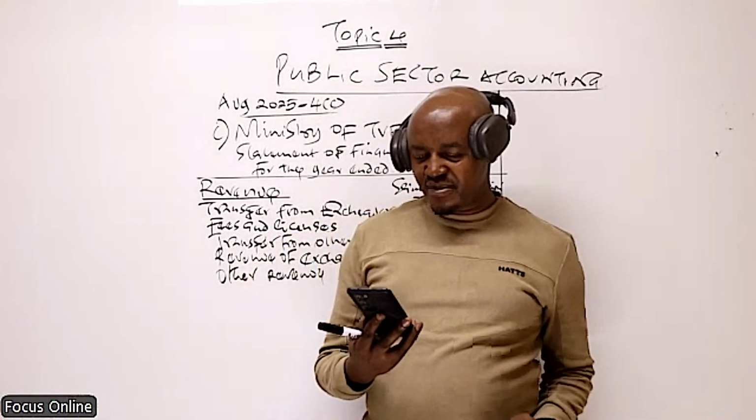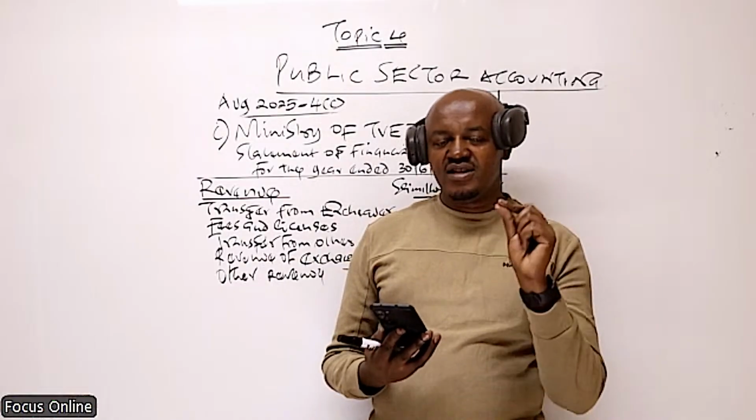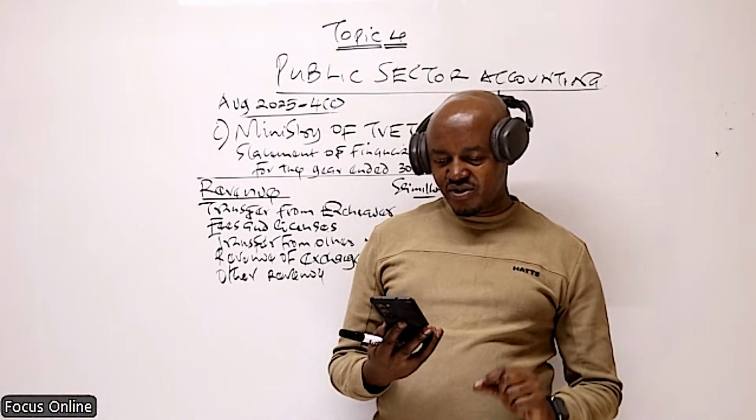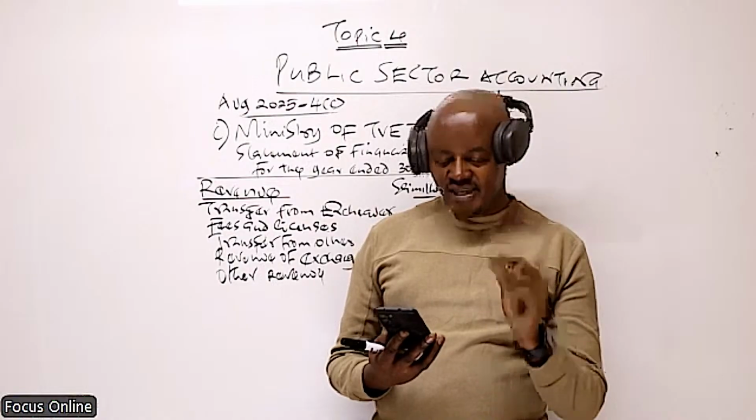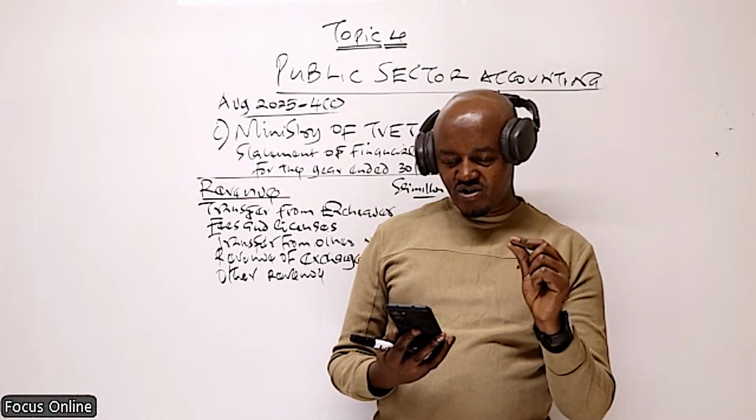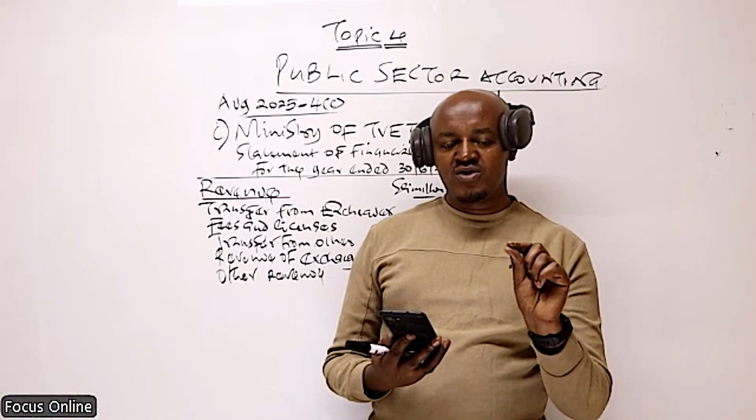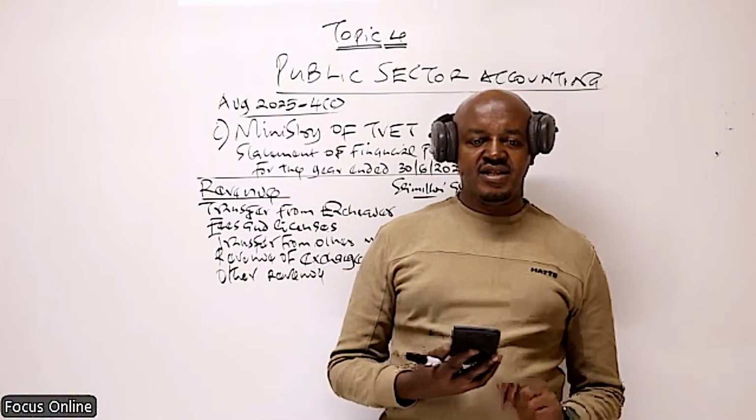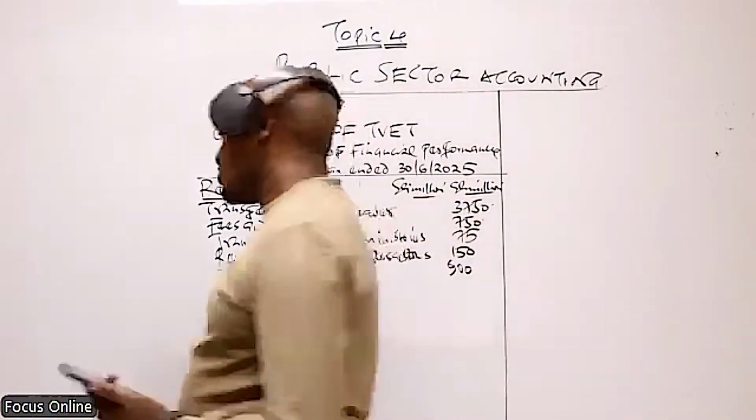Remember that. So reserves, this one will go to the statement of financial position. Cash and cash equivalent is an asset. Receivables is an asset. Inventory or consumables: anytime you come across inventory, this is a current asset. So basically, you can see